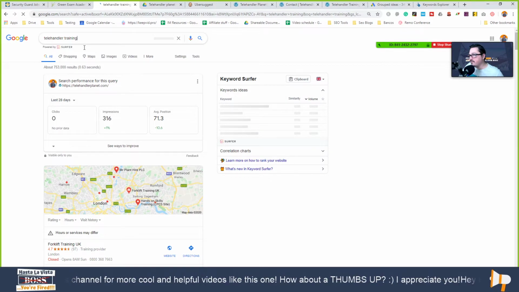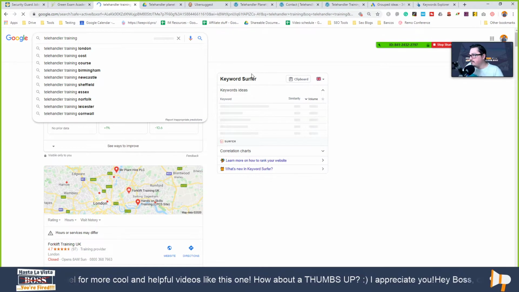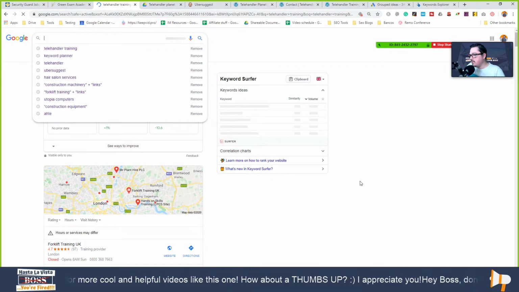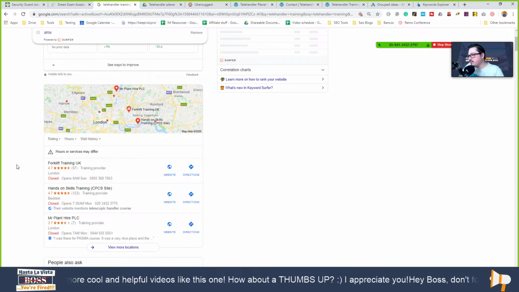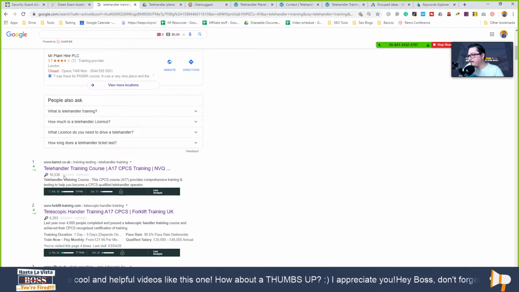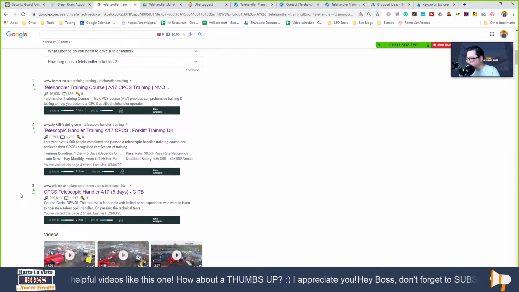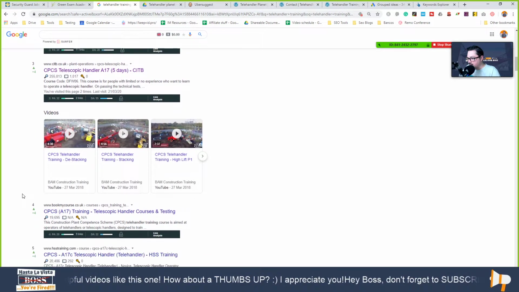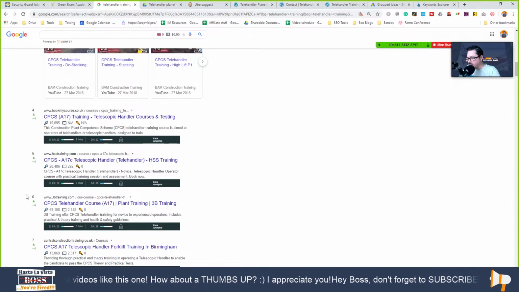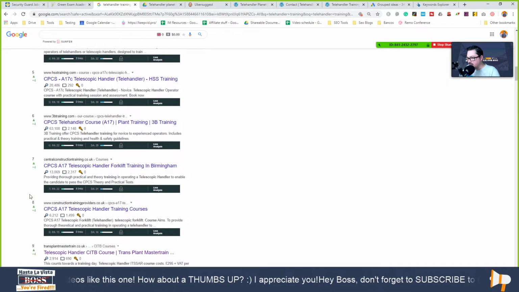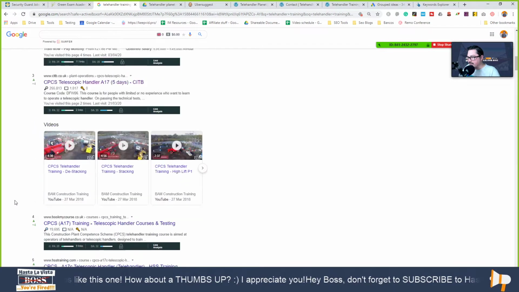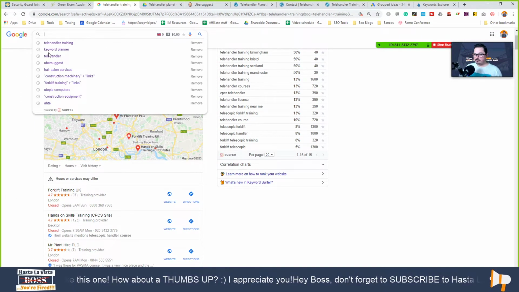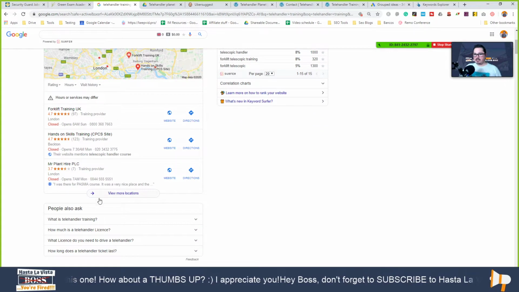Again, we're gonna take notes of what Google is suggesting us in here, what keyword Surfer is suggesting us in here. But basically, what we need to do is build pages for local, that we're gonna compete with the local businesses. So not many of these pages are optimized. So let me see, telehandler training for